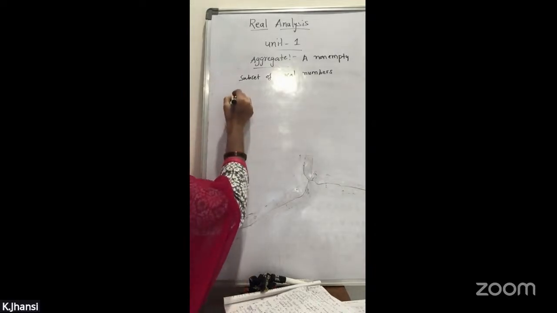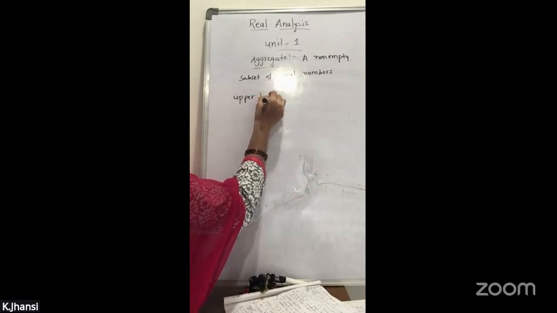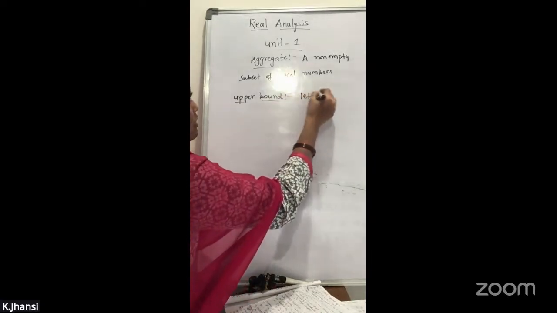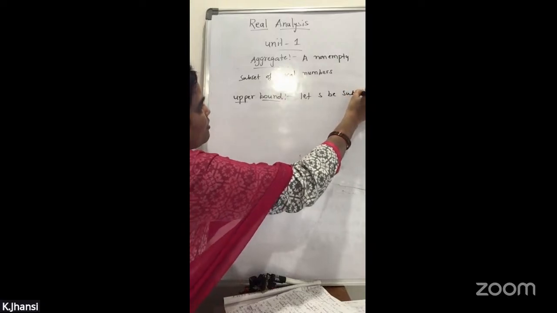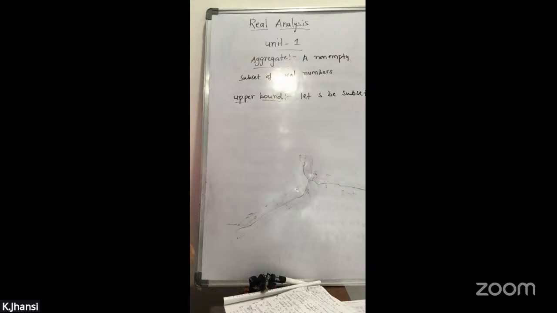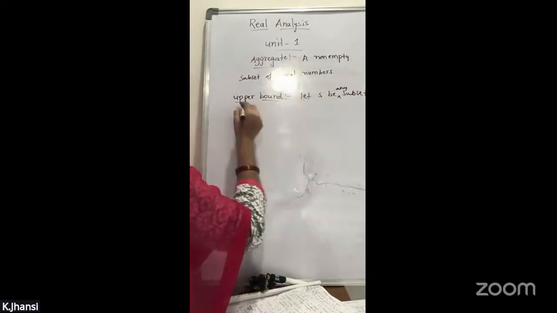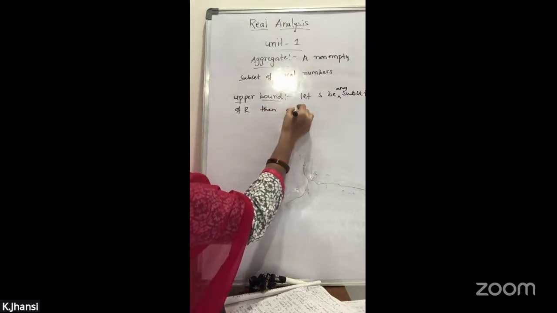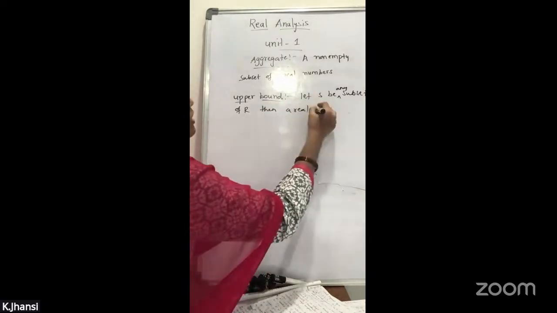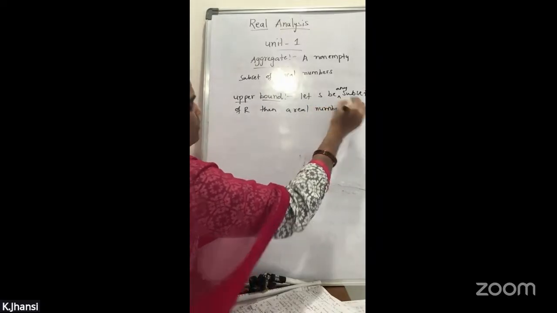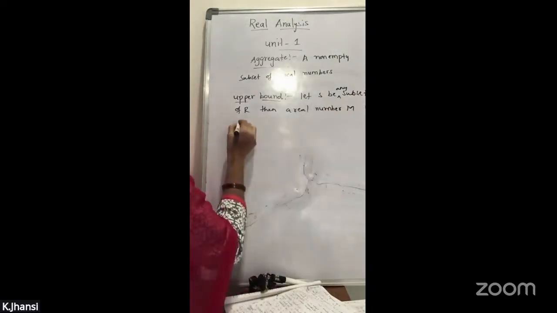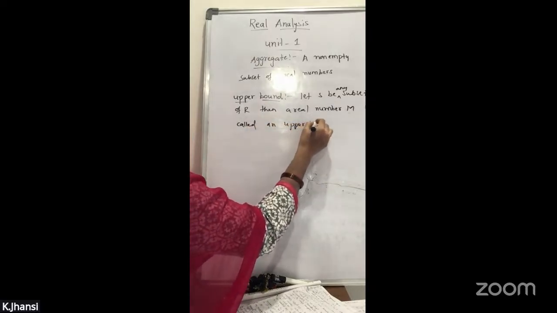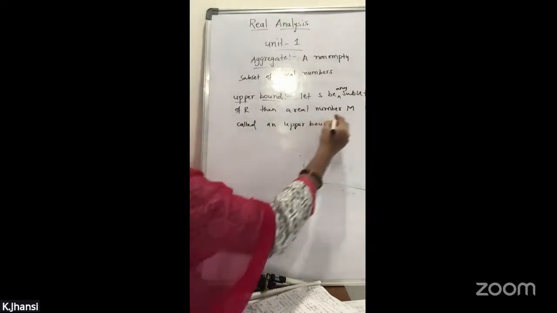The upper bound definition: let S be any subset of R, then a real number, capital M, is called an upper bound of S